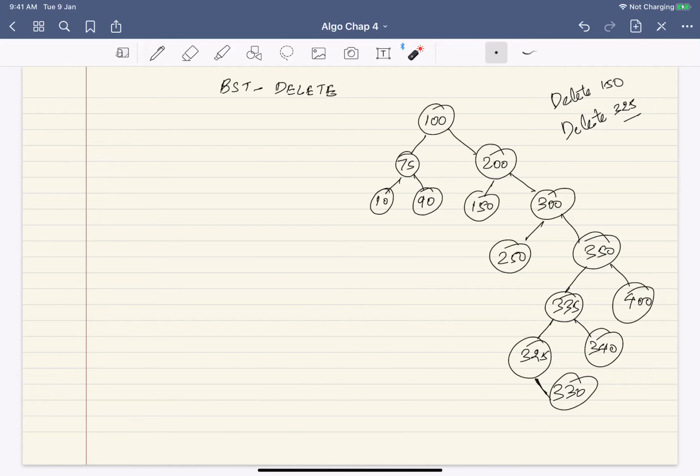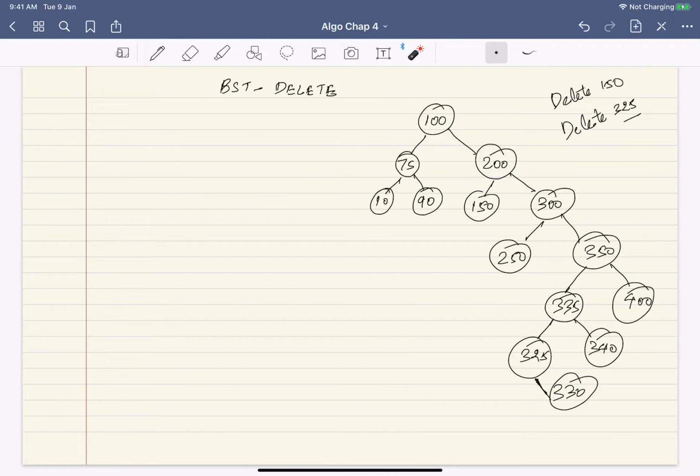So if you remove 325 and put 330 here, that should not be a problem. In general, if there is a whole subtree here, I can put the whole subtree at this point. That simply means I change this pointer and put it to this node.